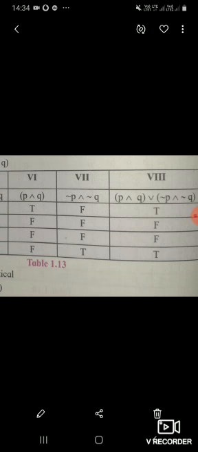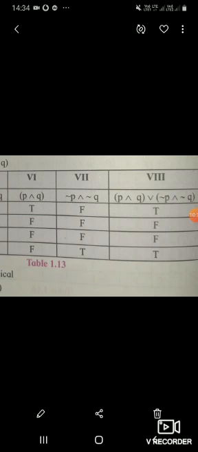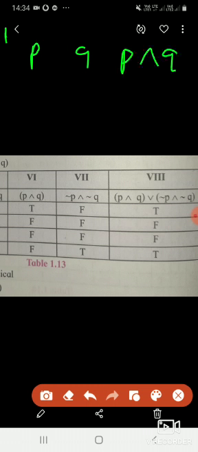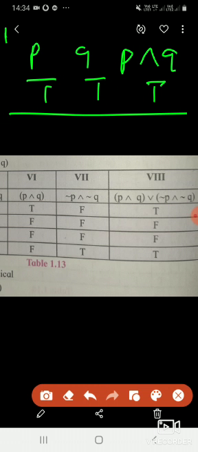So I am going to take the right hand side. While doing the right hand side, we should know two tables. One is the AND table. AND is P and Q. Both are true, it will be true. All other cases it is false. If both are true, then only it is true. First one true, second one true, then it will be true. If any one is false, it is totally false.